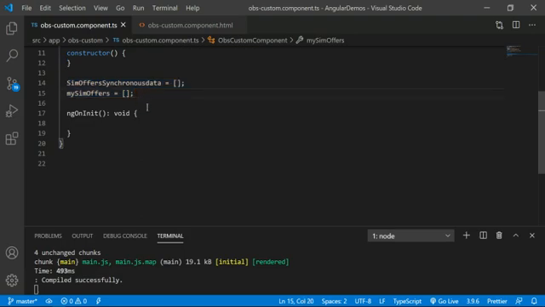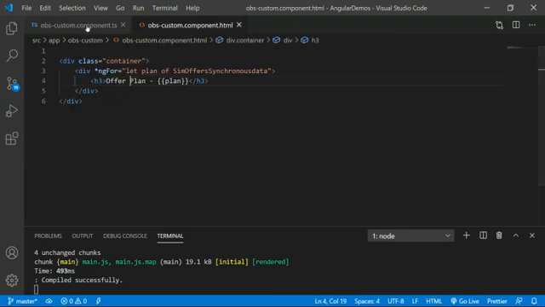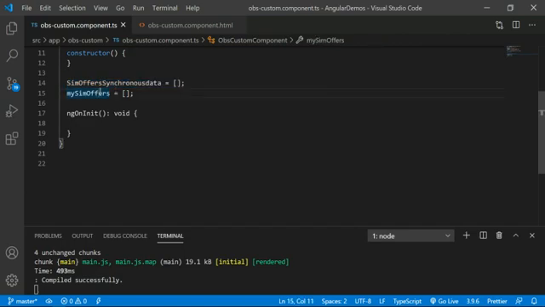Whenever I get the data from the observer, I want to push that data into this sim offers synchronous data, which is going to be referenced in my .html file. So my sim offers is going to hold static data. For now, in this lecture, let's discuss synchronous data, not asynchronous data.